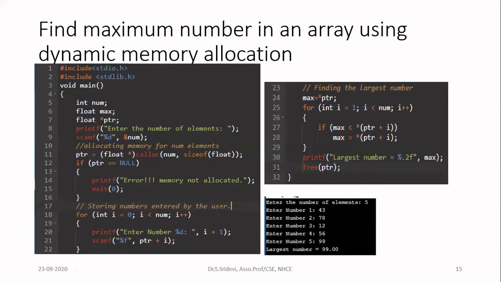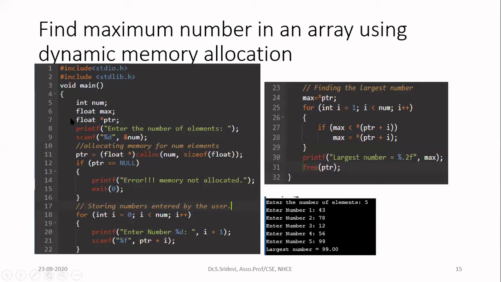So now let us see the steps. What are the steps you have to do? They have mentioned that you want to find maximum number in an array. They didn't mention what is the size of the array. So the first step is you try to get the size of the array from the user. Before that, let us see the header file again. Remember, in line number 2, I am writing the header file stdlib.h. Don't forget this. So first you have to get what is the size of the array from your user.